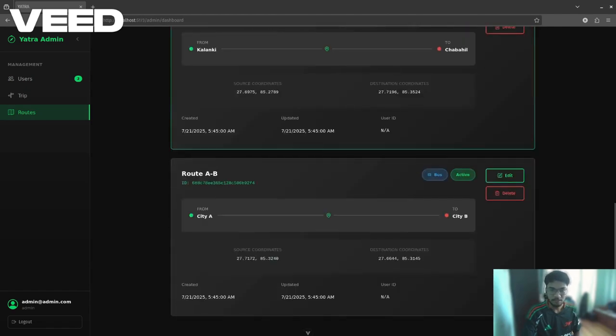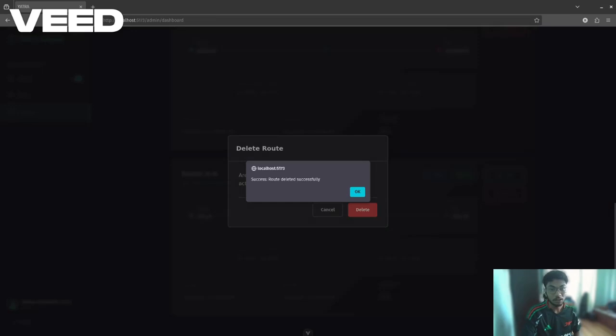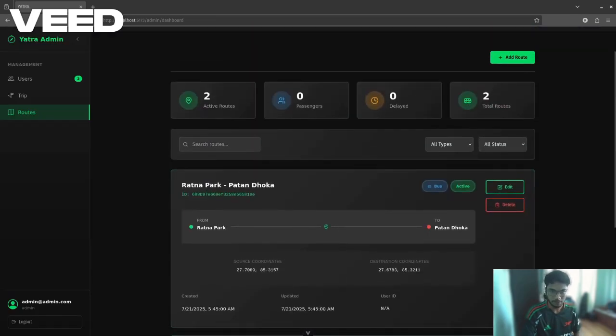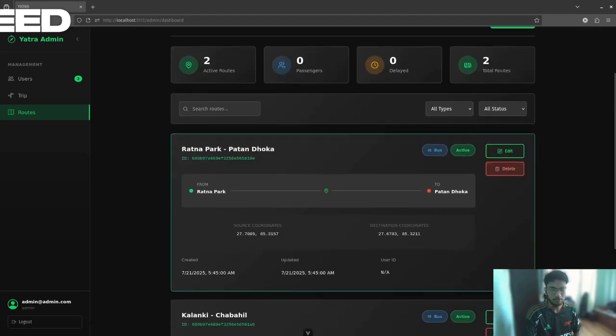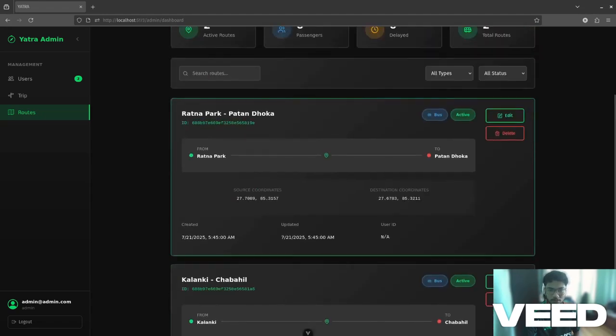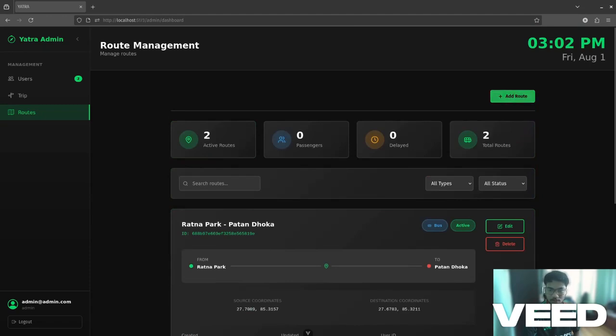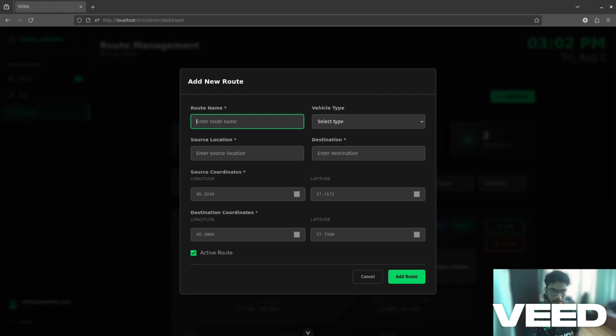In this, the admin can basically create routes to go from point A to point B. As you can see in this interface, there is an edit button and a delete button. The admin can edit or delete the routes from here, and similarly, now let's add the routes. Let's say we are going from Delhi, this will be the route from Delhi Bazaar to